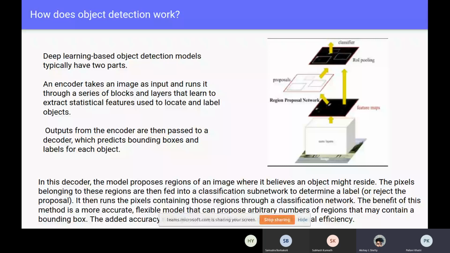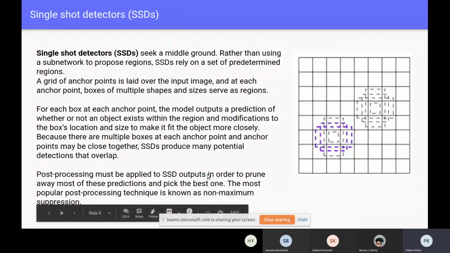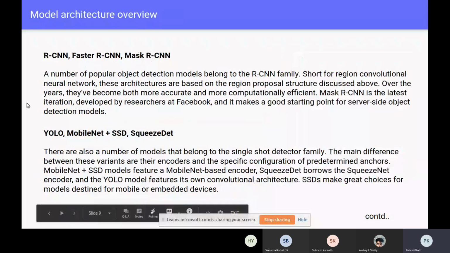The subnetwork is basically a classifier. This classifier will check those regions and give the label, like yes, this particular region contains this particular object, and this is the label for that object. So this is a kind of deep learning detection model which is called region proposal. There is a terminology here.